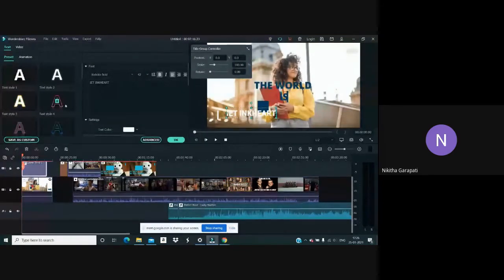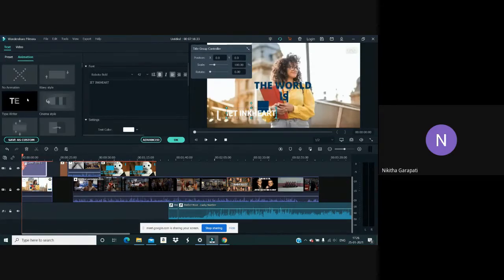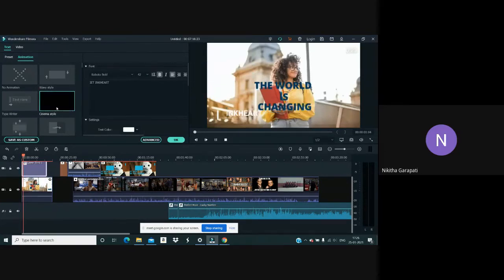And here are some presets of text styles that are available. If you like any of these, or if you want to use any of these in your video, then you can do so by again clicking and dragging. And there are even a few animations that are present. Suppose I press this, so this animation will be used.